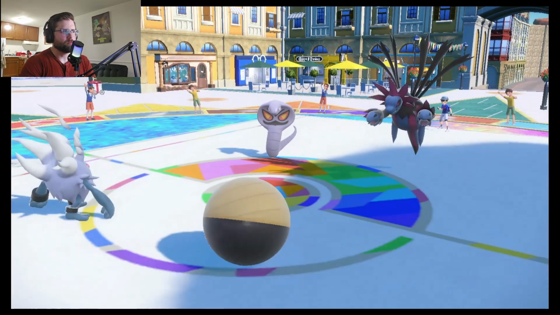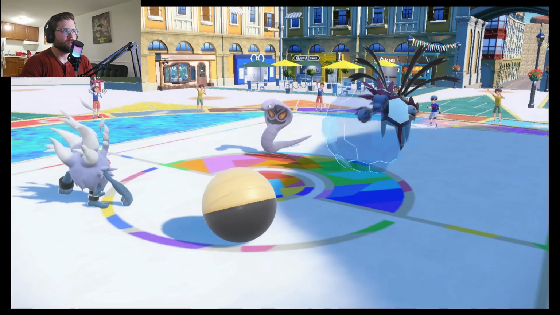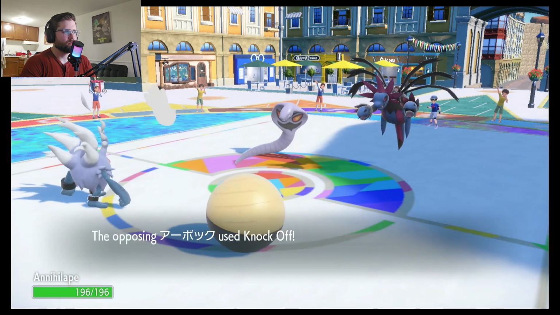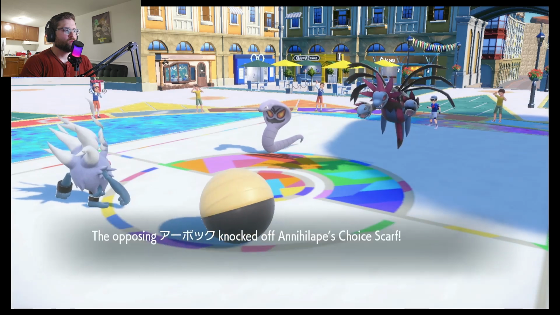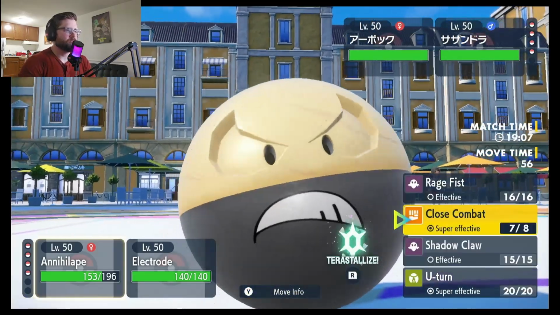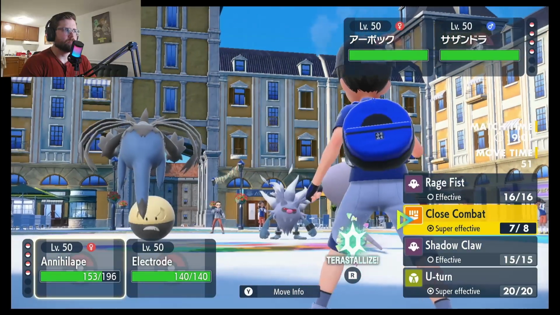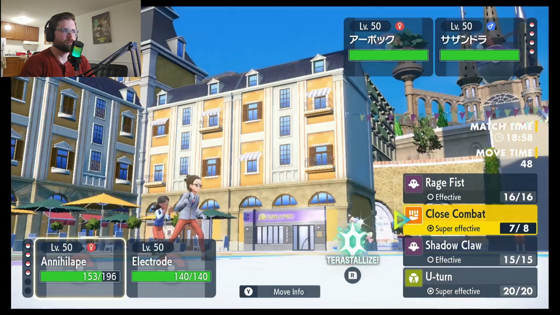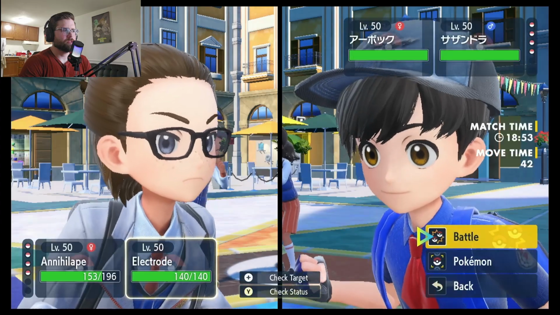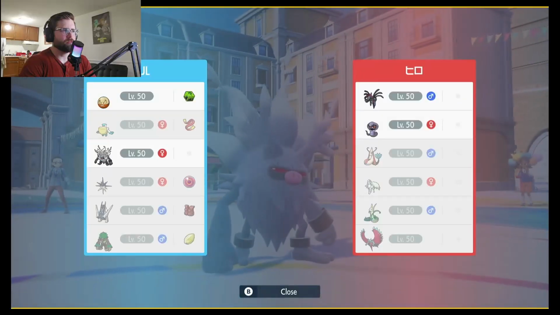So what does Arbok do? That's my question. Yeah, it fell for the Taunt. Can't use my Close Combat. I am confirmed faster too. What does it do? Knock Off? I'm not that mad about that. Okay, wait a minute. I am no longer upset. Can this thing really do anything to me? No, like... I still expect myself to be faster. So, can I, like, Rage Fist Arbok? Who can they switch into? Nothing that wants to take...